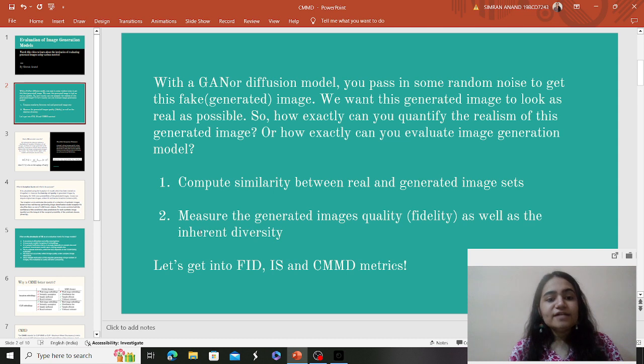Now coming to the next point, which is measuring the generated image's quality, which is nothing but fidelity. When I say image quality, it's synonymous with fidelity. So basically you have to also ensure that the generated images are of high quality. They should be very qualitative firstly. They should also be diverse. The generated images by your model should have inherent diversity in them. So what do you exactly mean by quality and diversity, and which evaluation metric is actually evaluating these properties of the generated images?